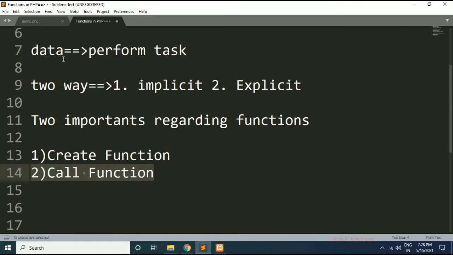Otherwise it's of no use. In PHP, a lot of built-in functions are available that you can call directly because they come with the language itself. So here there are two types of functions.